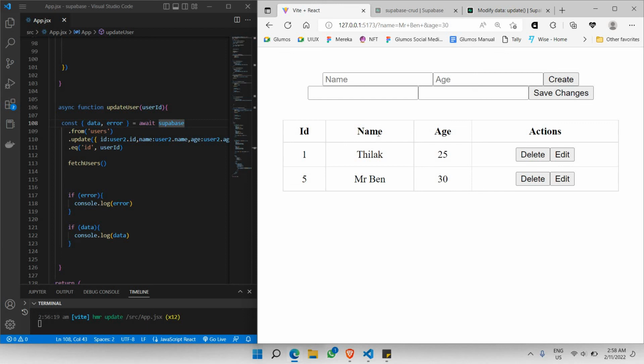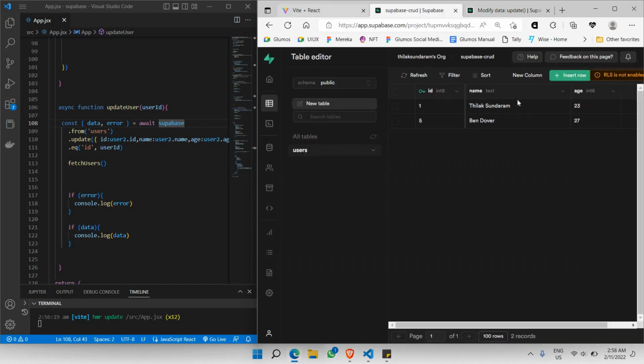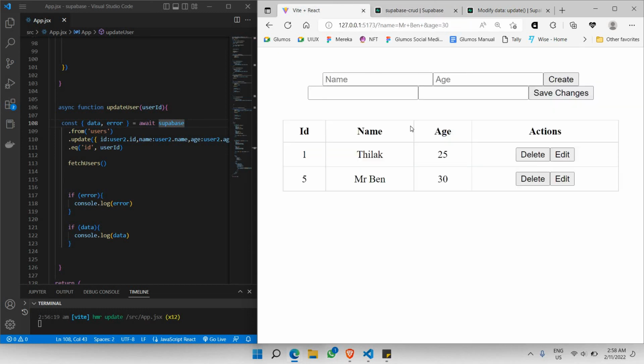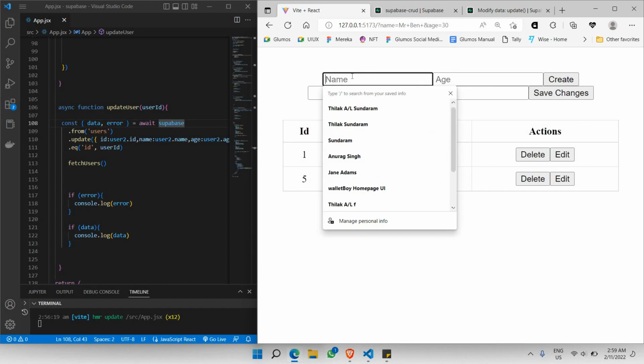And let's actually go through from the top here. The first is to read the data that's coming from the database. As you can see here, there are two records inside the database. So that's the first thing that we have covered. The second thing we covered is to create a user. In this case, I have to create Mr. John,